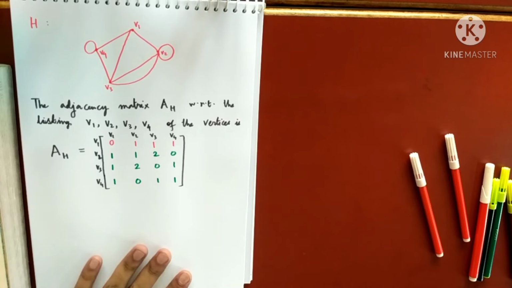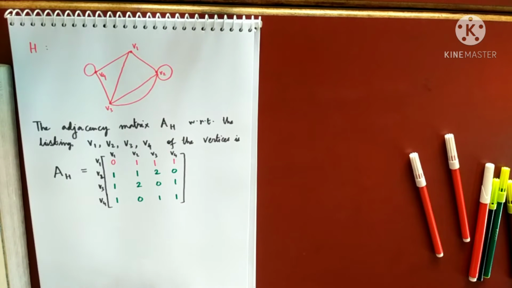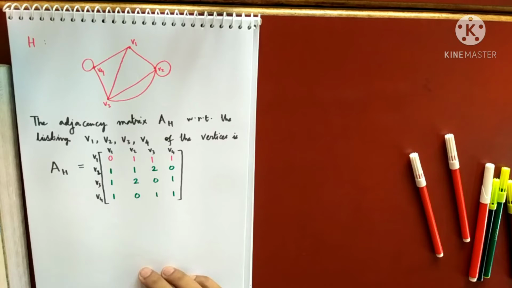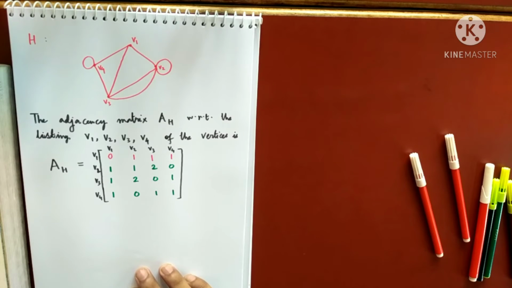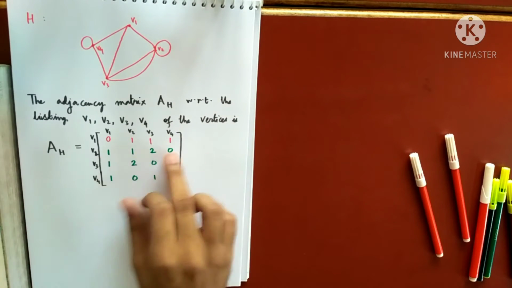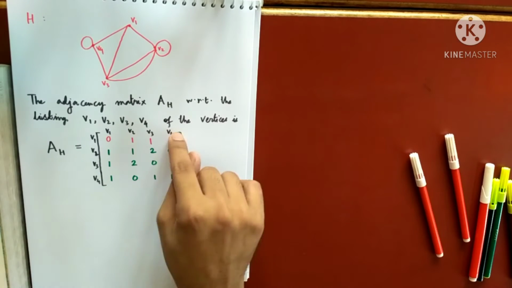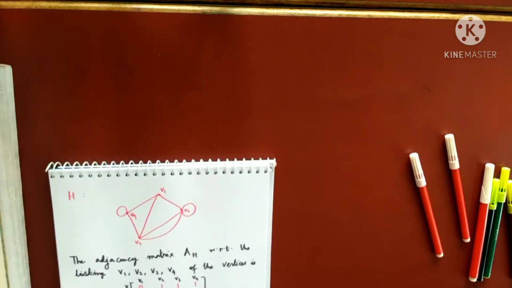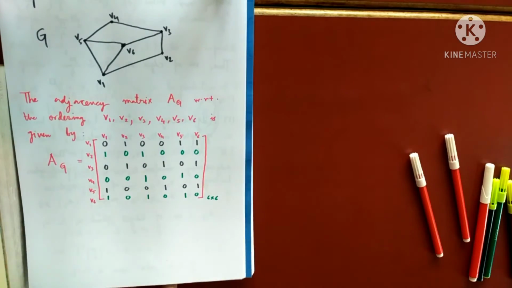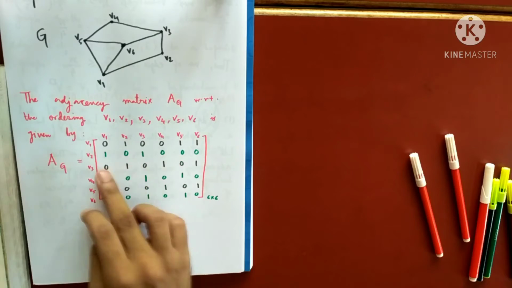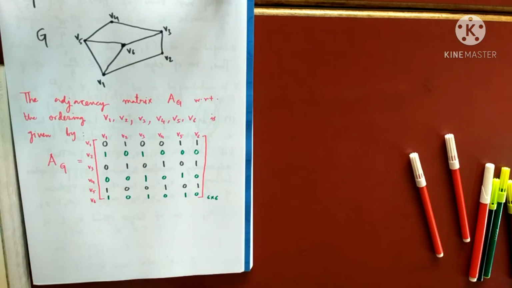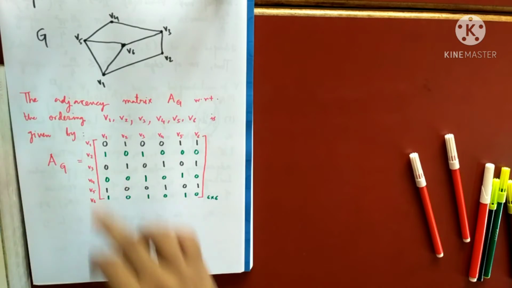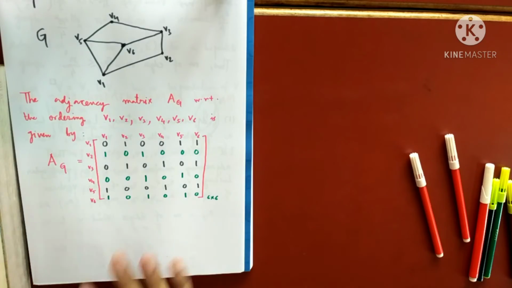So I hope you understand this, what I am teaching you, right? If you all see very carefully, both the matrices which I wrote were symmetric. You see, this matrix is a symmetric matrix, right? The first row is same as first column, second row is same as second column, and so on. And similarly, the last one also was a symmetric matrix. You may check, right? Because this is same as its transpose.